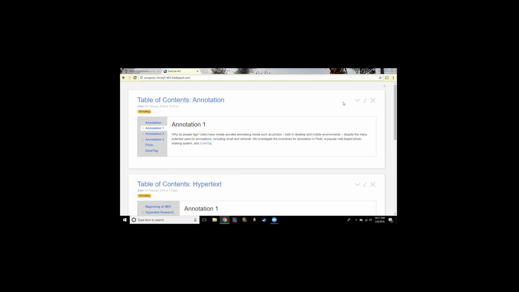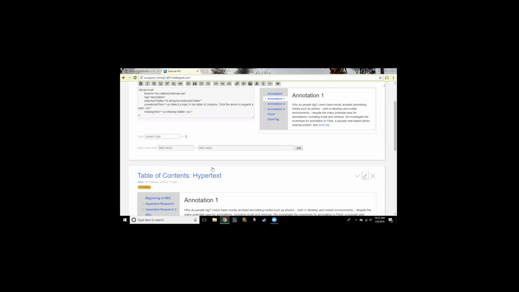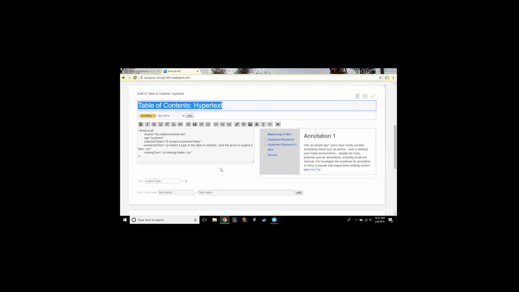So let's look at the code for your top annotation. And let's look at the code for the other one. So it's the same, I just changed it because I had them. But when I click on them, they open up each other's things.